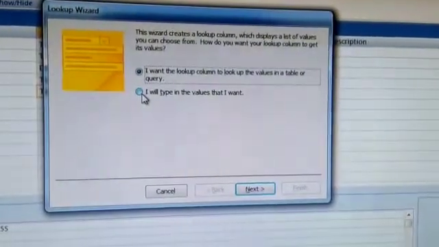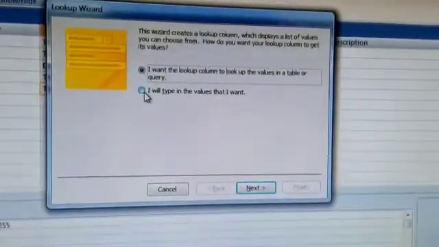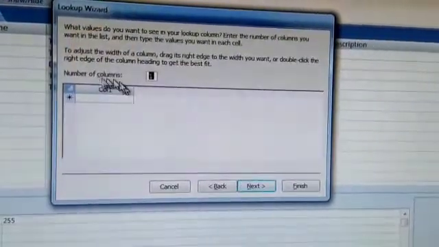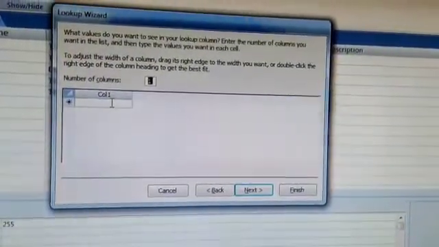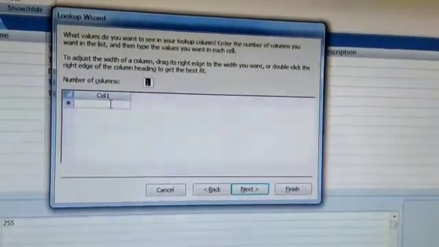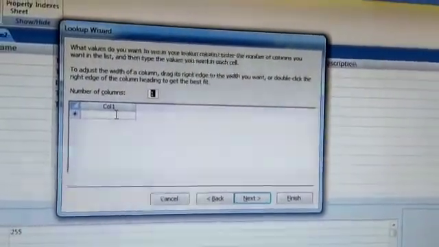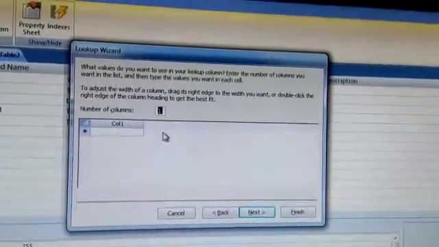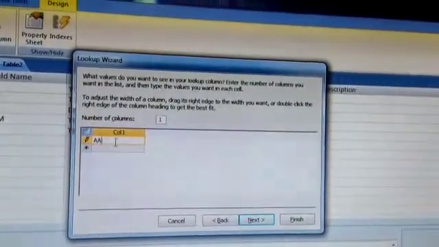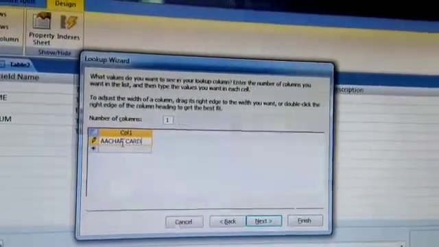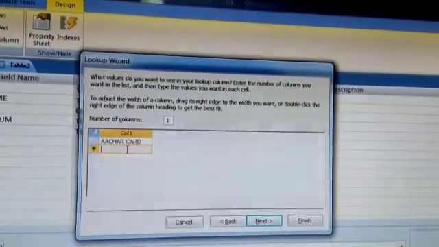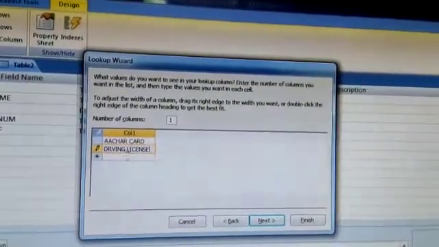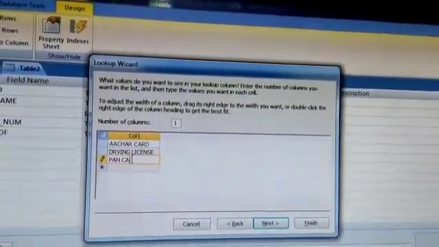Choose the second option. I will type in the values I want and click on Next. Here, type the fields which you want. For example, the ID proof may be Aadhaar card, or driving license, or PAN card.